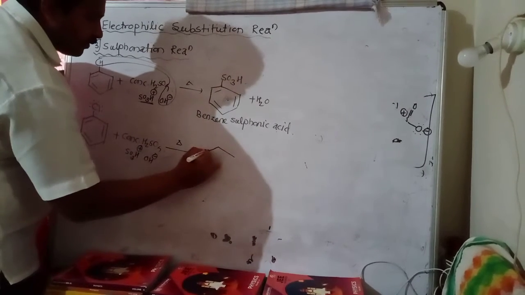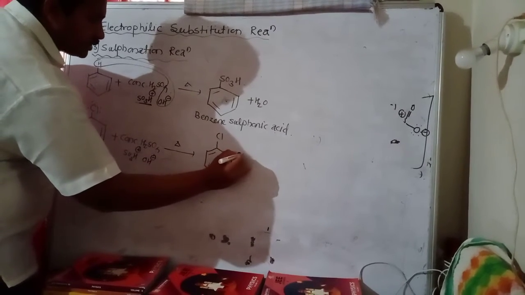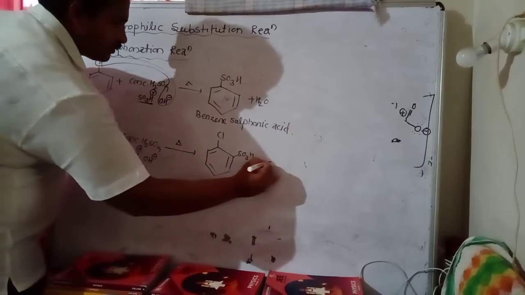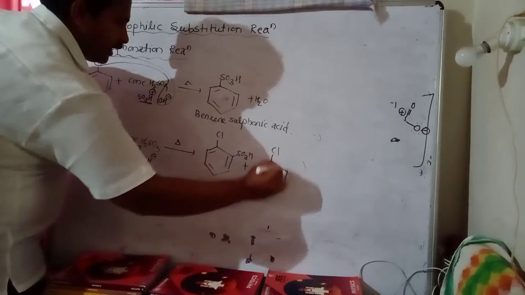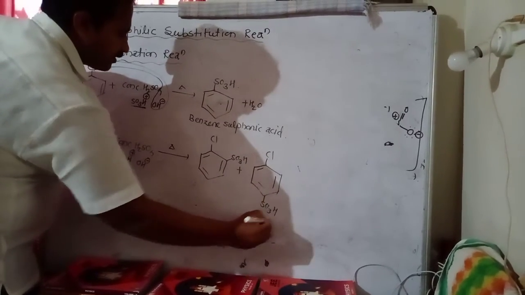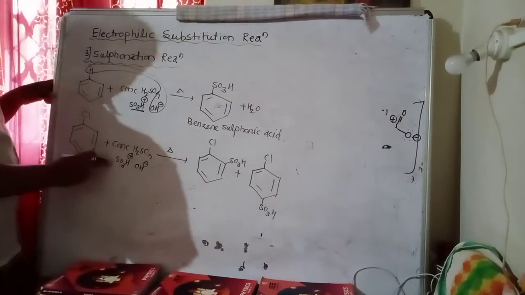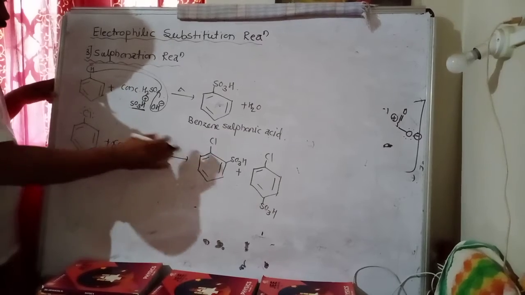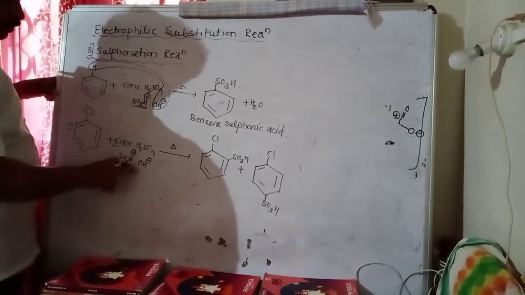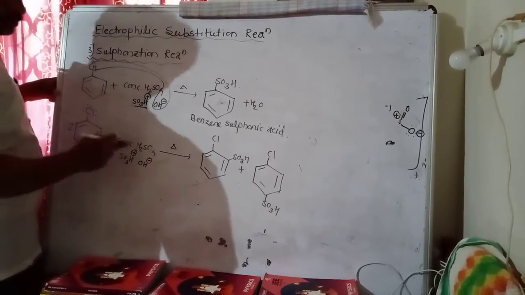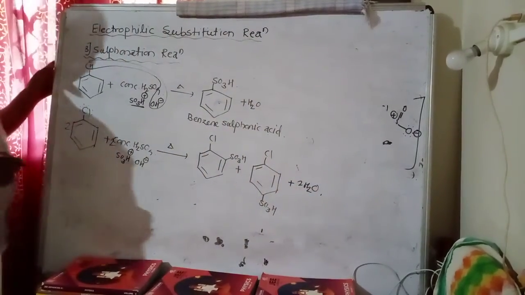That is, the first product is ClSO3H. Okay, how many SO3H? Two SO3H on the product side, so we write 2. How many chlorobenzene rings? Two, so we write 2 on the reactant side. And how many OH minus ions? Two OH minus ions and two H plus, forming 2H2O.